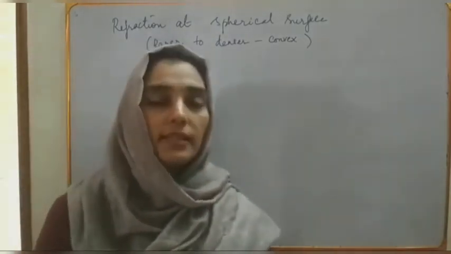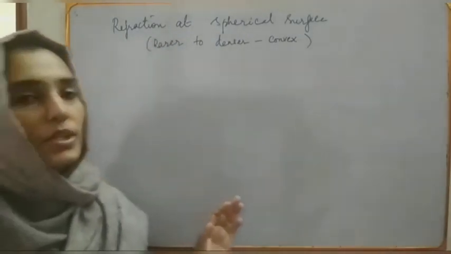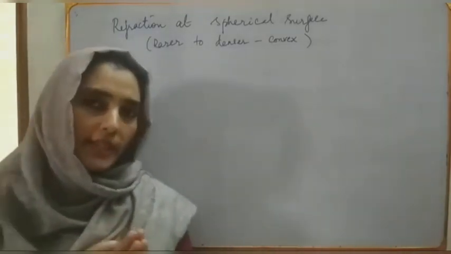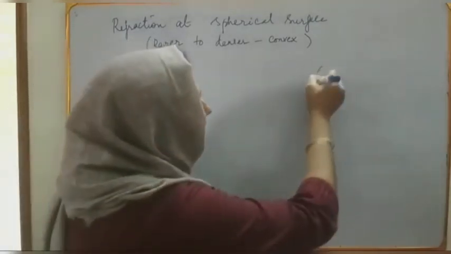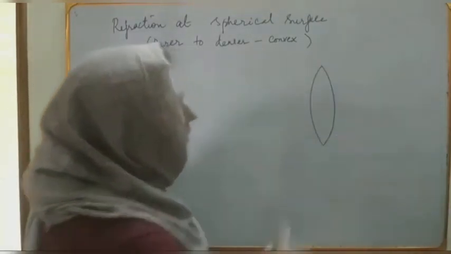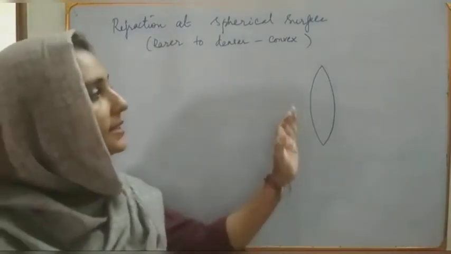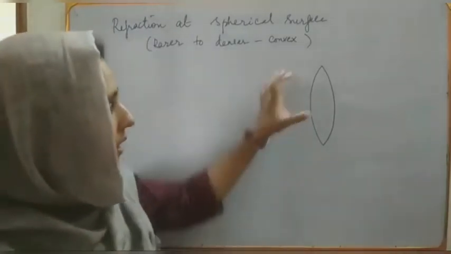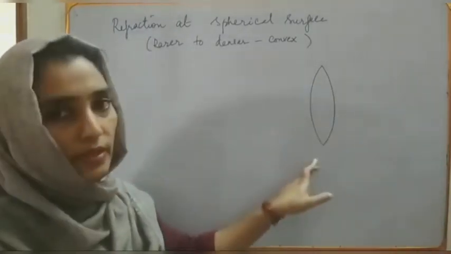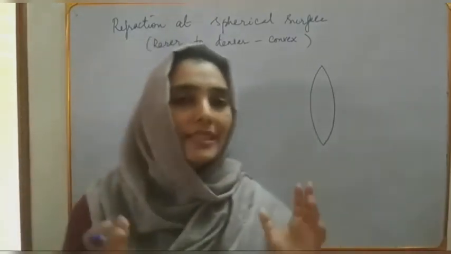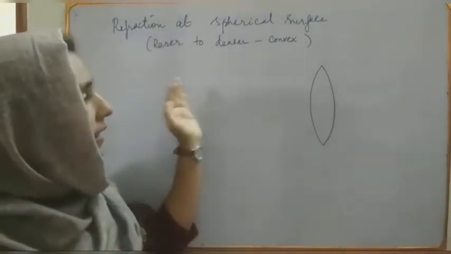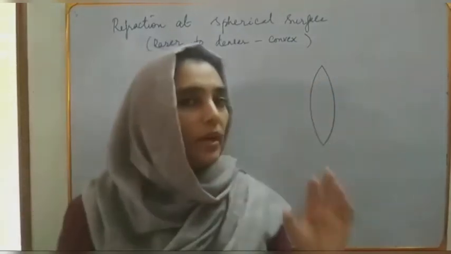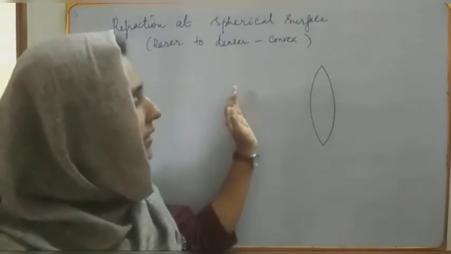So here let us consider the image formation by a spherical surface, because when you consider a lens, say the case of a convex lens, you know the shape of a convex lens. A convex lens is of the shape like this, isn't it? So you can consider this convex lens as a combination of two surfaces, a convex surface and a concave surface clubbed together. So we are going to deal with this separately. That is what happens when light travels from a rarer to a denser medium, because we know that the lens is made of glass. So it is moving from a rarer to a denser medium.